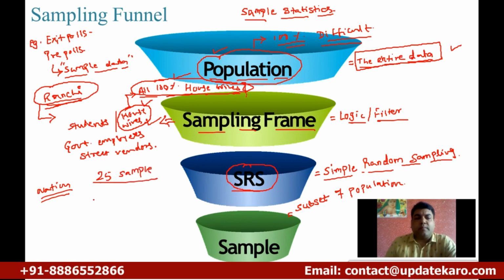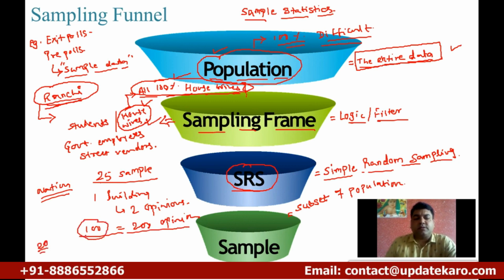If they go to one building, they may collect a couple of opinions, say 2, and if they cover 100 buildings, they end up with 200 opinions. That is for one area, and if there are, let's say, 20 areas with 100 buildings each, maybe sector wise, ultimately they will end up with 4,000 opinions,